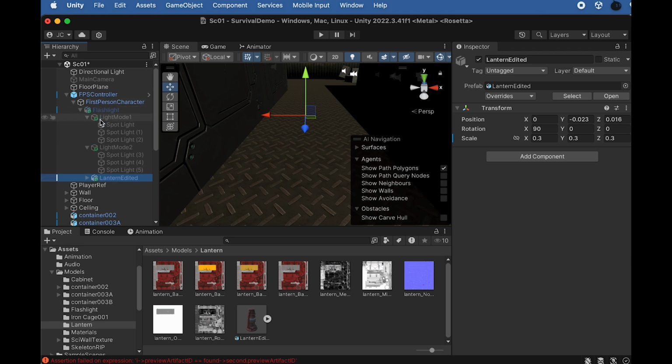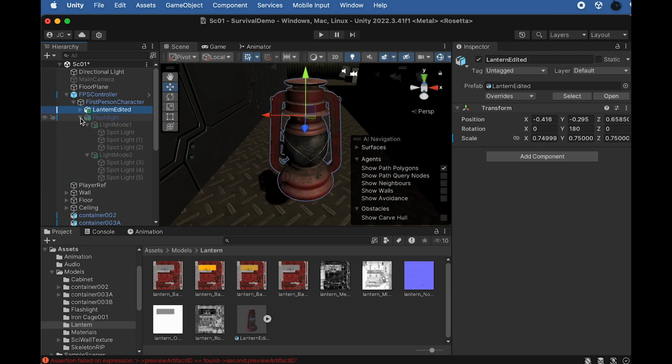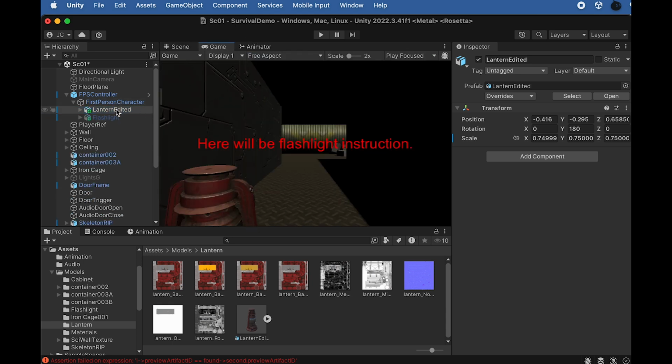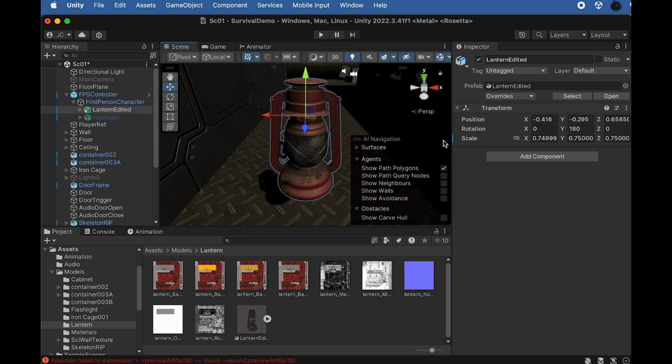You know what? I accidentally dropped the lantern into the flashlight group, so let me just move it out. Okay, so here we go. Okay, so that's the lantern, and in the game view, this is how it looks. I think I want to see a bigger area, so I'm gonna change the scale to